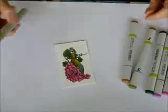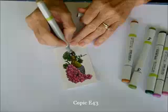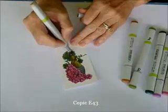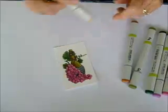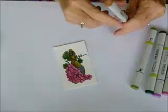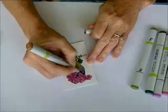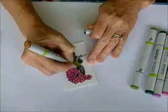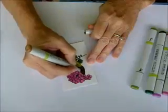And then the label, I'm using E43 for the label here. It's just a light brown, kind of look like a tannish. And then for the basket, I'm using the same as I used for the rope. It's E35, and for the basket around the bottle. Okay, so I got that colored,